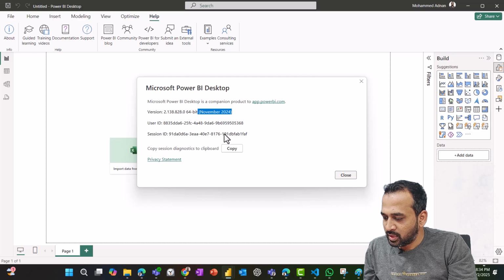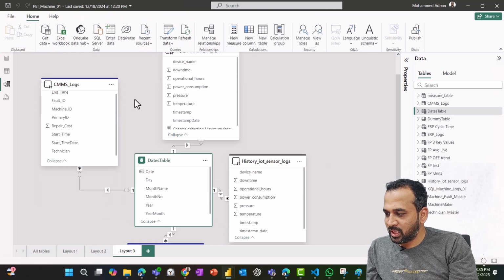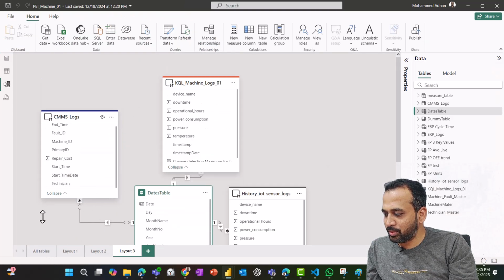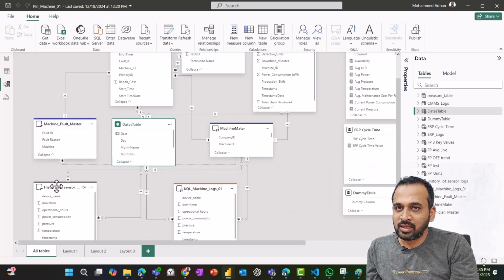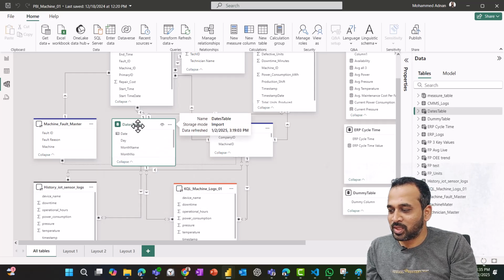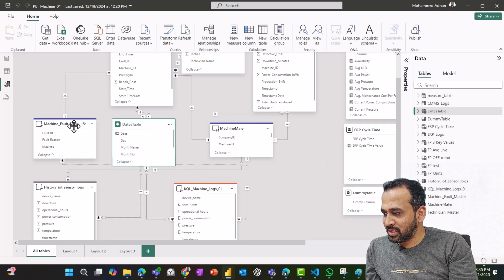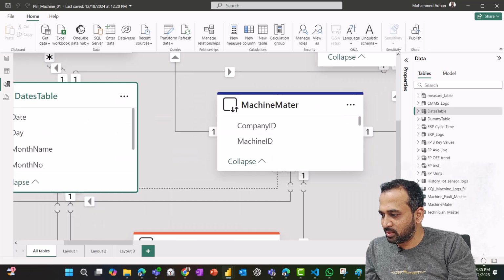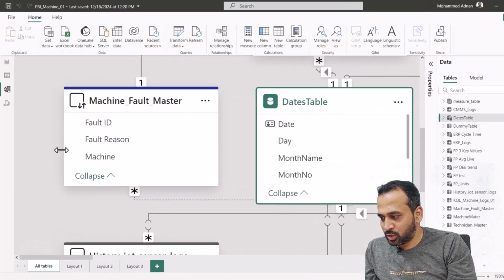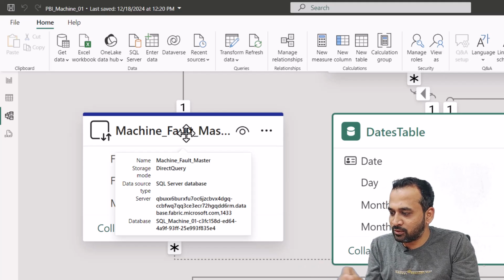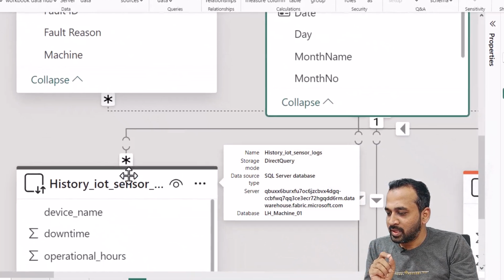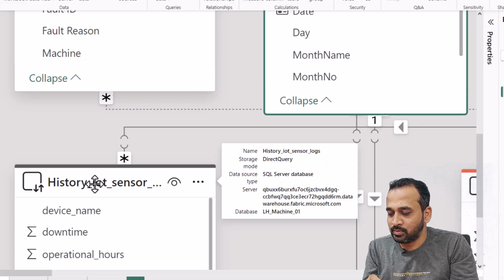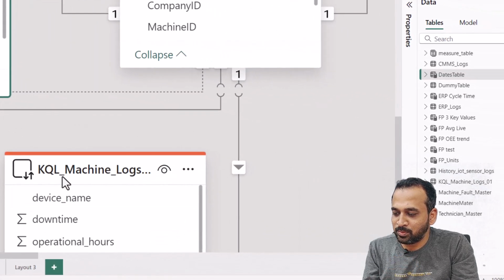That should be fine. As you can see on this Power BI file, we have three different colors here: one is a dark blue, another is an orange color, and the third one is gray, and also there is nothing here. So what about these things? As you can see here, this is coming from machine fault master, SQL database server showing up here. But if you just read out the server name, it's showing up here database.fabric.com, and here it is showing up database.warehouse.com, and on the right hand side it is showing up